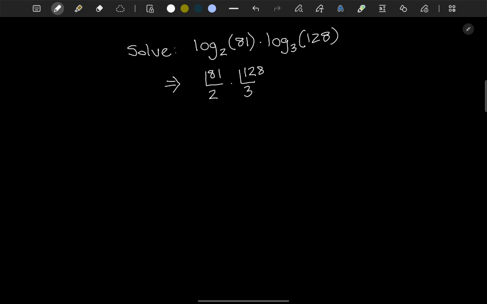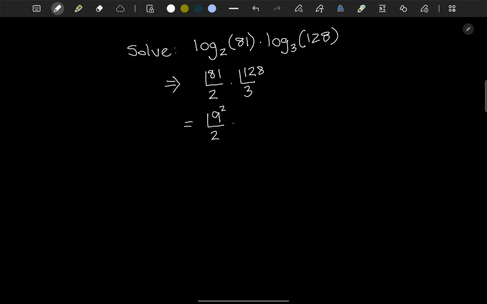Now, to solve this, what we want to do is to try to simplify these larger numbers. And we can see we've got a base 2 and a base 3. So I think aiming for numbers with a 2 and a 3 in would make sense. And clearly 81 is 9 squared. So let's write that as log 2 of 9 squared times